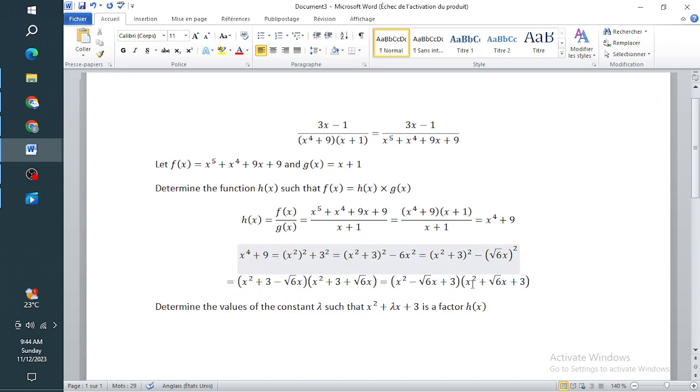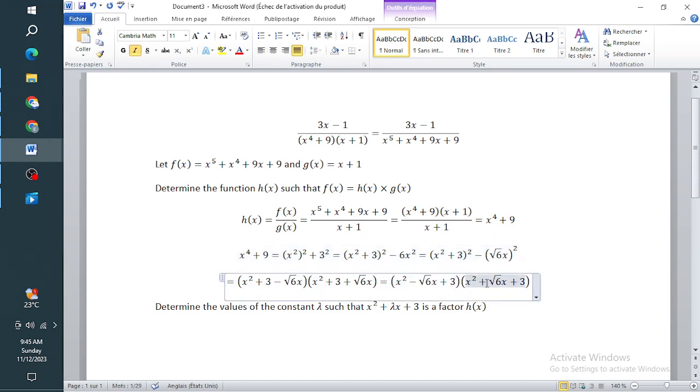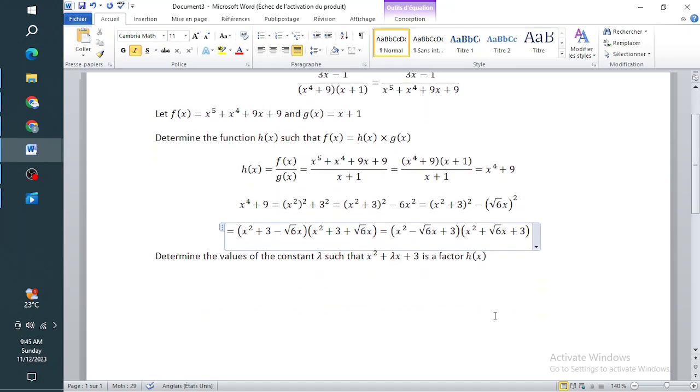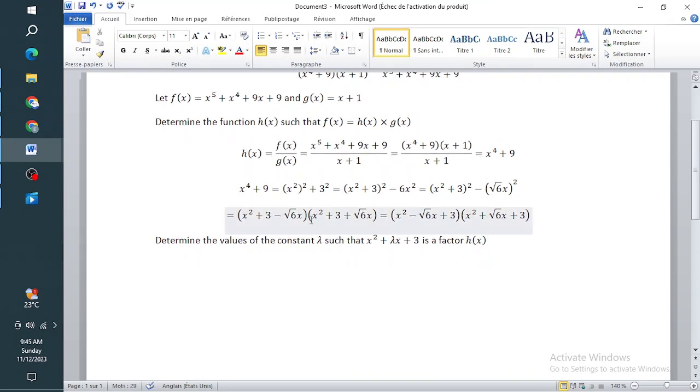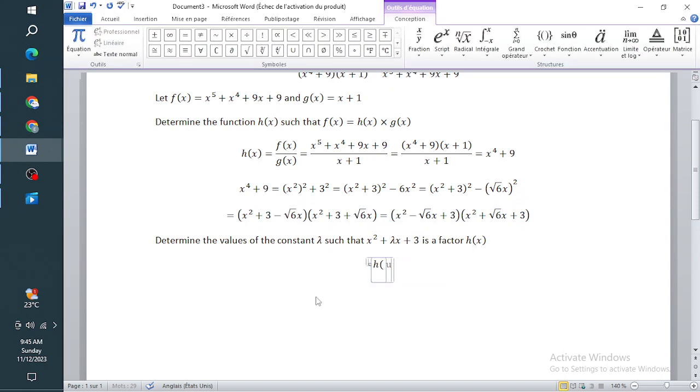You clearly see that your lambda will be equal to minus root 6 or plus root 6. But I'm not going to guide you through this way because I want you to perform some work so that you get marks. All right, so with that we basically need to do long division, because your h of x should be